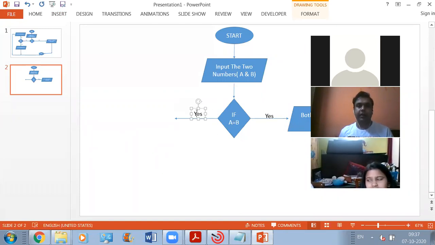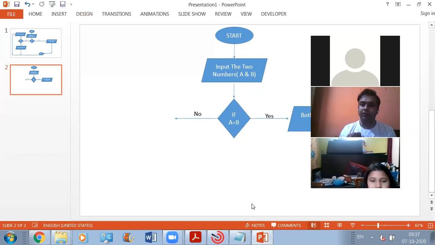So that's how we can indicate the false part of this condition by writing no at the top of this flow line. Now, if A is equal to B, if this condition is false, it means that A is not equal to B. ठीक है, यही मतलब हो इस चीज का.